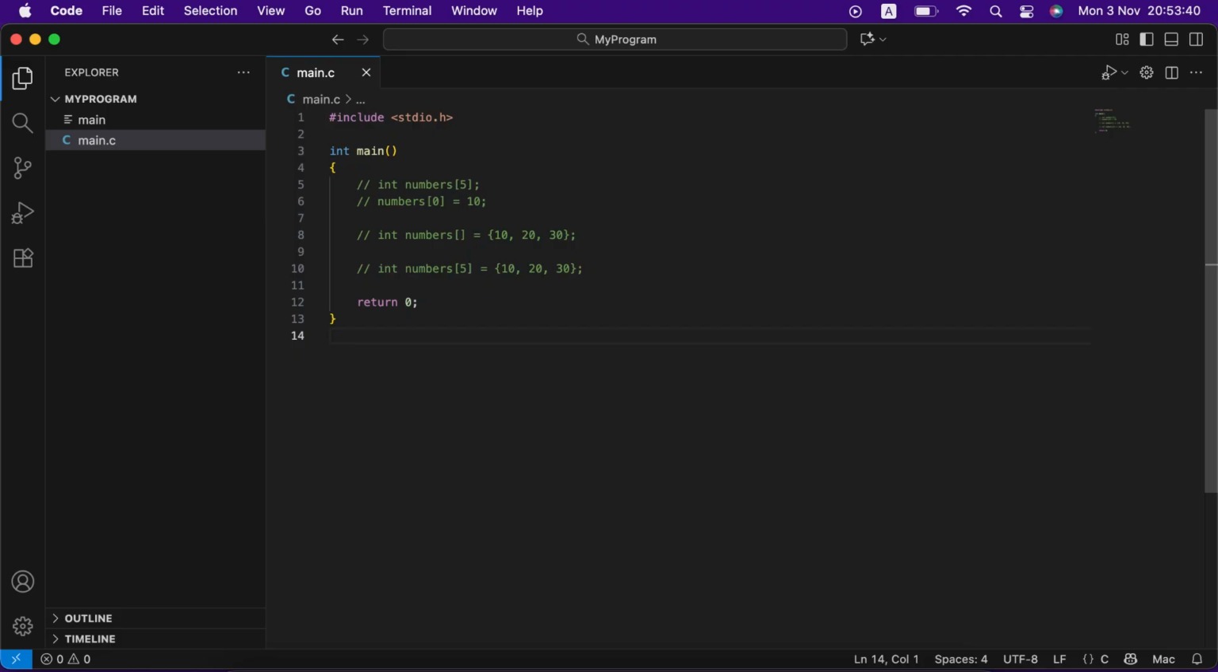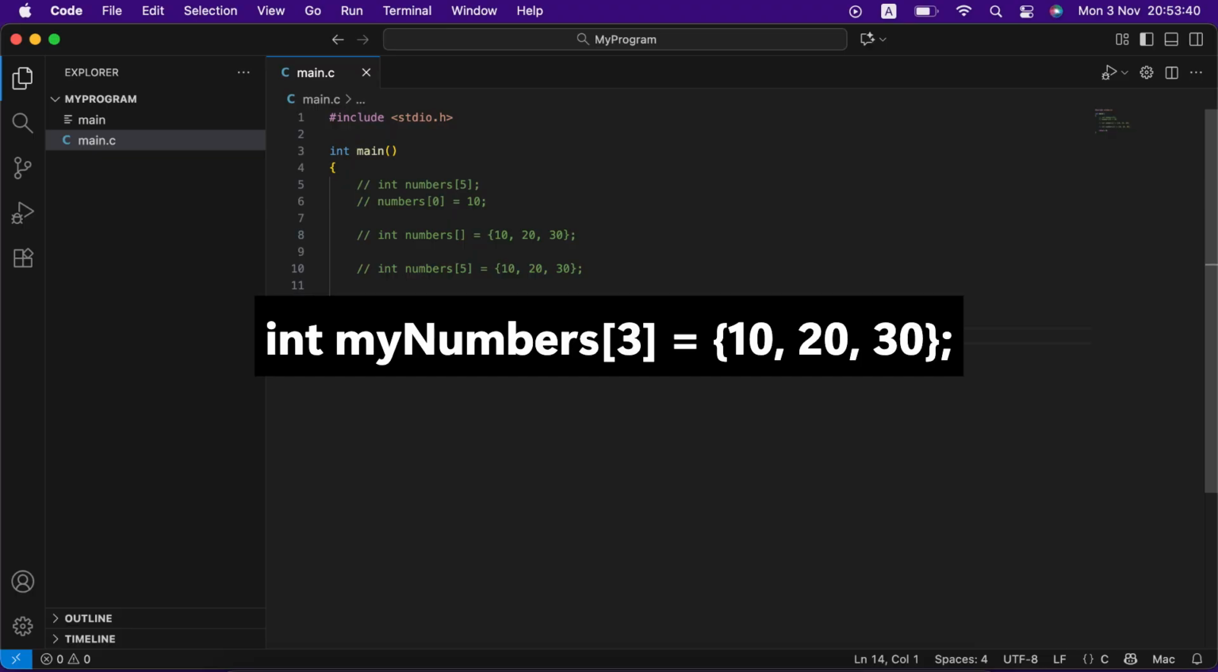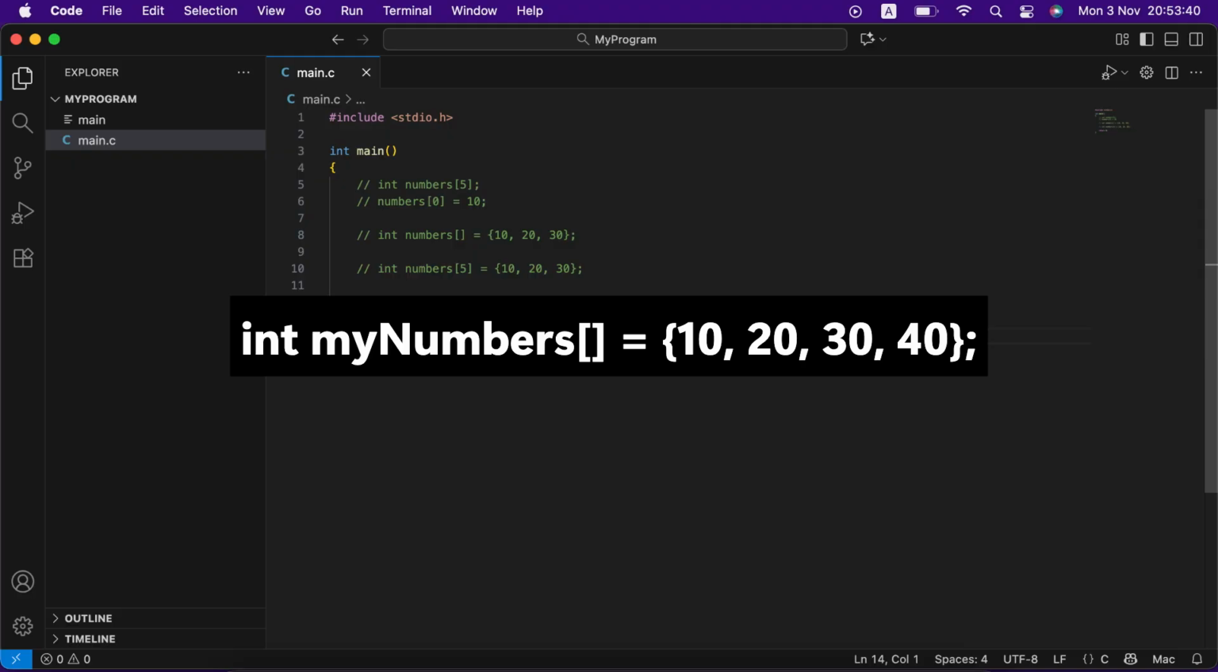Third, initialization of one-dimensional arrays. There are several ways to initialize an array. A, during declaration with values: int myNumbers[3] = {10, 20, 30}; This creates an array myNumbers of size 3 and assigns 10 to the first element, 20 to the second, and 30 to the third. Implicit sizing: int myNumbers[] = {10, 20, 30, 40};